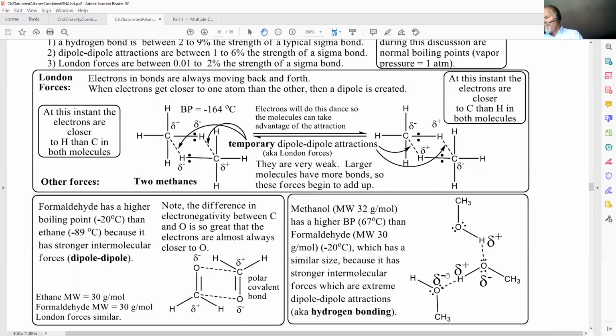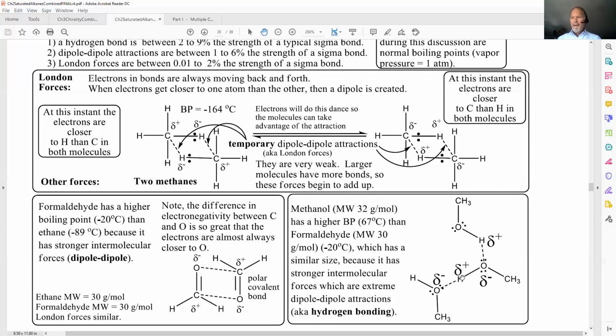This hydrogen being bonded to a very electronegative oxygen, there's two things going on. The polar covalent bond is even more polar because the difference here is 3.5 minus 2.1 is 1.4. That's even a bigger difference than the other one, which is 1.0, but that's only a small part of the story. The other part of the story is, yeah, you got a hydrogen that's very positive because it's bonded to an